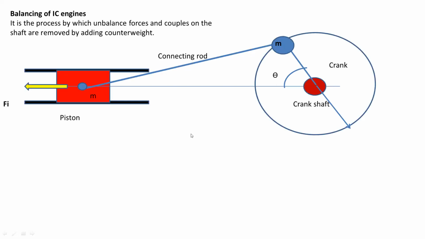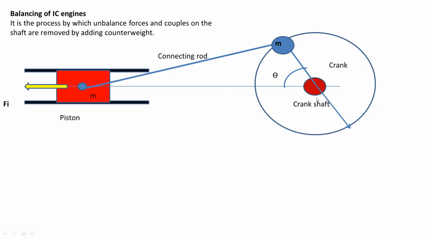So this is the schematic diagram for the reciprocating engine. Here you can observe, I think you must have learned this in the kinematics of machinery, the acceleration diagram or acceleration velocity diagrams. So this mass M is the piston mass. When the IC engine is running, this mass is continuously reciprocating in this line, that is along the x-axis. Because of this reciprocating motion, some unbalanced forces are exerted on this crankshaft.